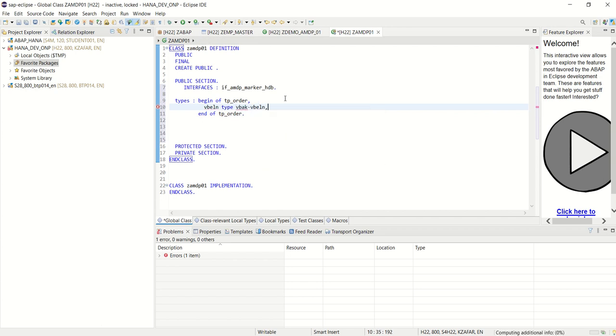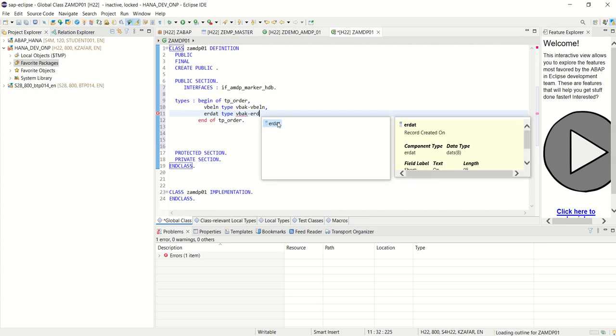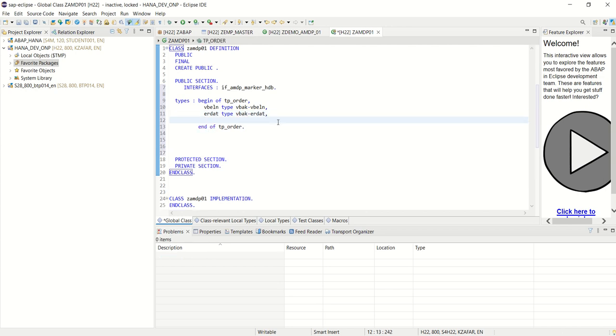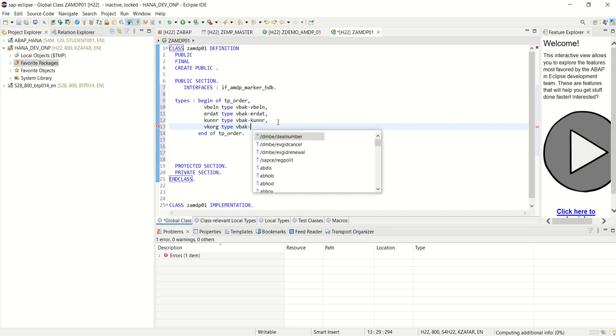The first field I am going to select is VBELN, that is sales order number. Second field is ERDAT, that is of VBAK ERDAT. Third field I am going to select is KUNNR, that is the customer ID of type VBAK KUNNR, and let's say VKORG of type VBAK